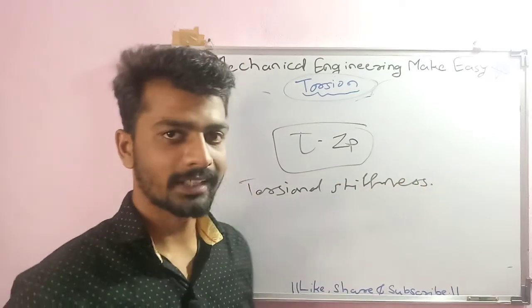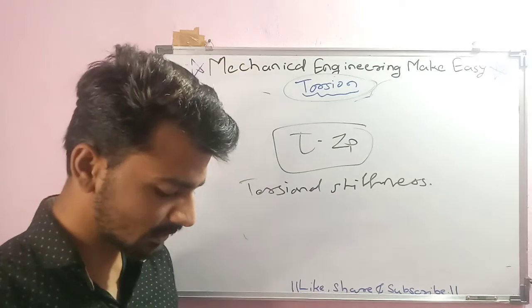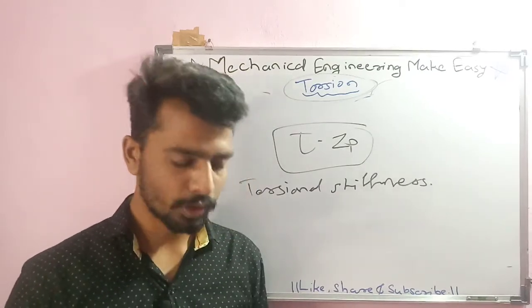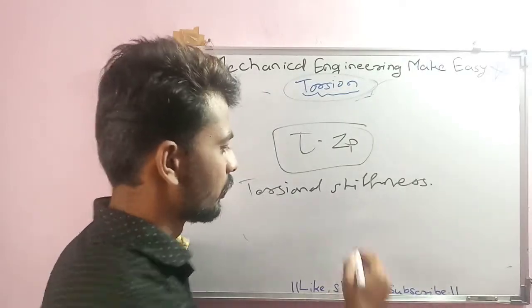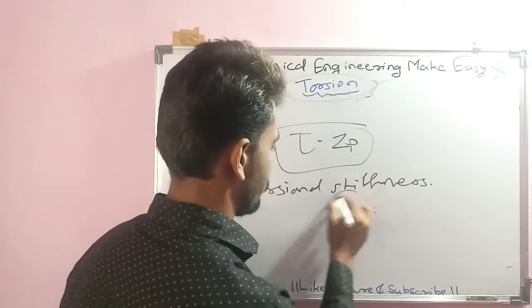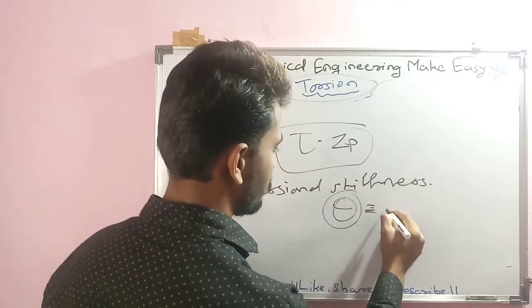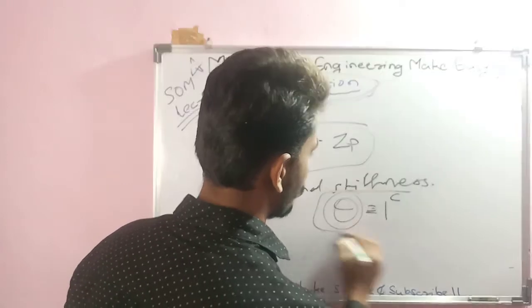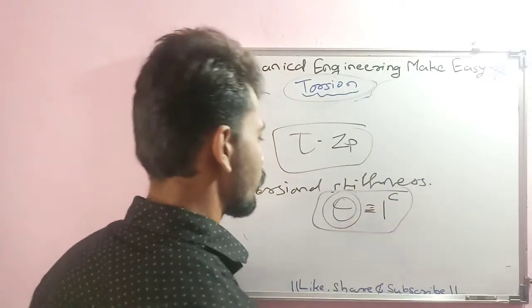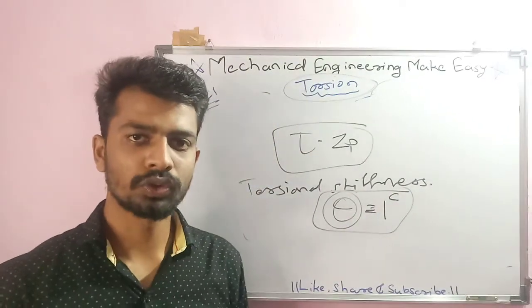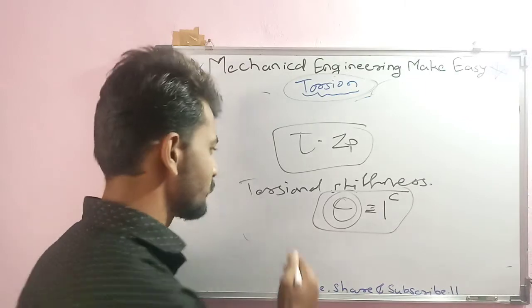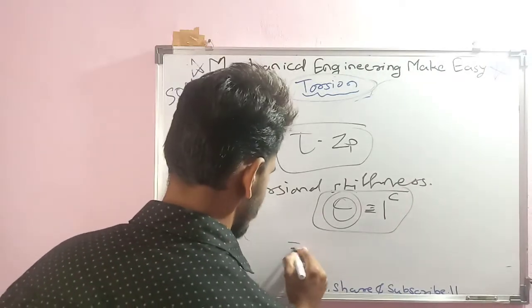Torsional stiffness. What exactly is torsional stiffness? Torsional stiffness is nothing but the torque required to produce unit angle of twist. We have studied theta, that is nothing but the angle of twist. If this angle of twist is 1 radian, for generating this 1 radian of angle of twist, how much torque we have to supply to the shaft, that is nothing but torsional stiffness, and which is equal to